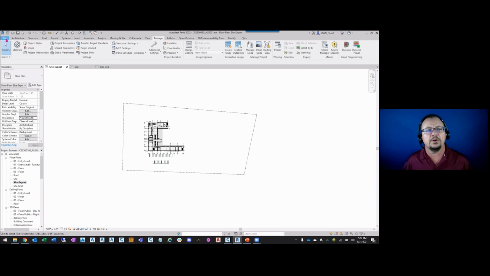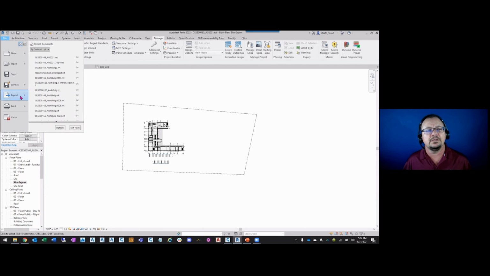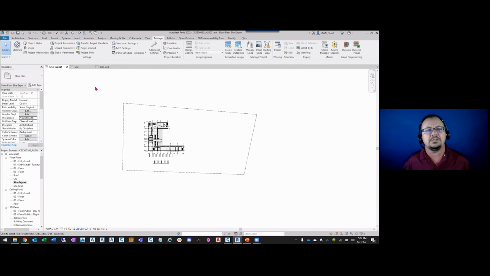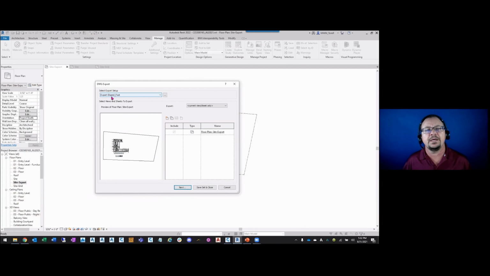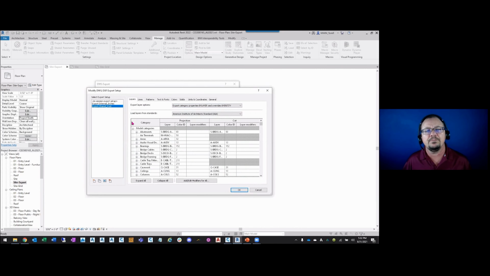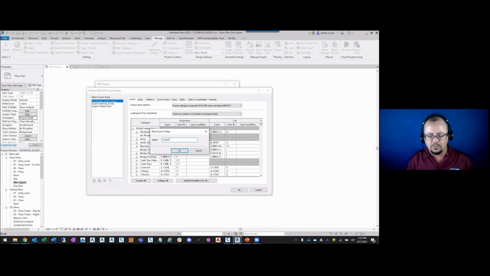So same process from earlier that the architects typically do: file, export, CAD formats, DWG. Now the only difference is the one that I talked about here, is we want the shared foot export setup. Now what I did is I just took the default one and made a copy, and we'll call this one export shared underscore foot.